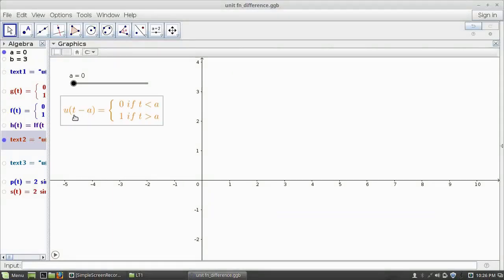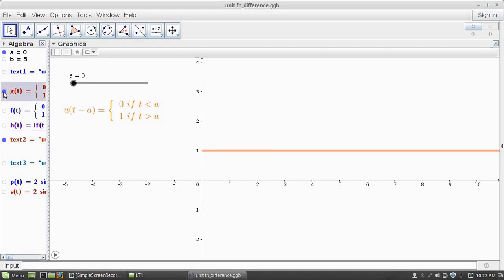So the definition of the unit step function u(t minus a) is equal to 0 if t less than a, 1 if t greater than a. At the start we set a equal to 0 and see the graph of the unit step function. Suppose we are changing this. The unit step function changes to u(t minus a) for different a values and the function is translating to the right side. When a is equal to 0, we have u(t minus 0) or u(t), and it is simply the constant function 1 for t greater than 0.